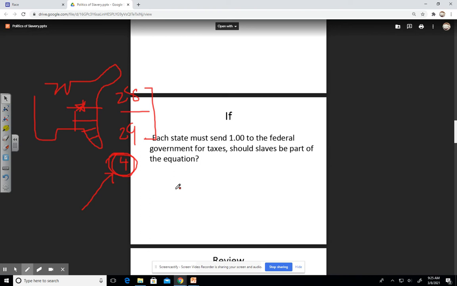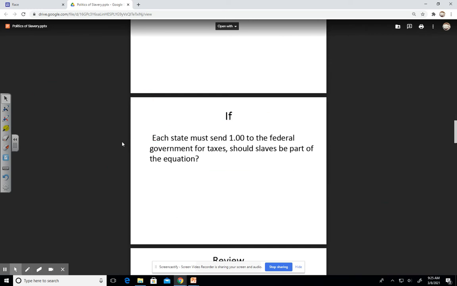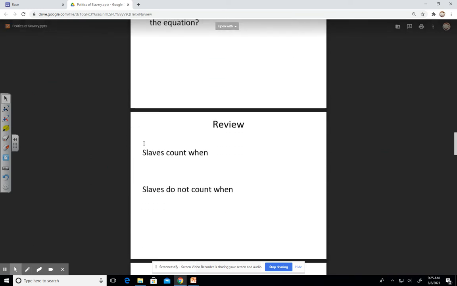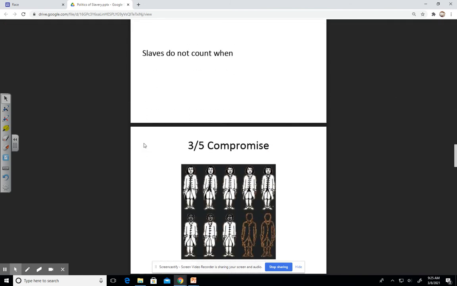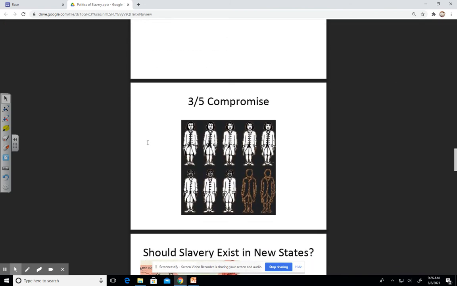So if you're wondering what just happened here, the South is pretty much using a loophole and trying to pull a fast one. They're trying to say, well, on the issue of representation, we want to count our slaves because it benefits us. But on the issue of paying taxes, we don't want to count our slaves because this is not going to be beneficial. We're going to wind up paying more taxes. They basically want to pay $4 as opposed to $29. They want to count the slave population when it's beneficial, which is what this particular slide here is and why we get to the 3/5 compromise.